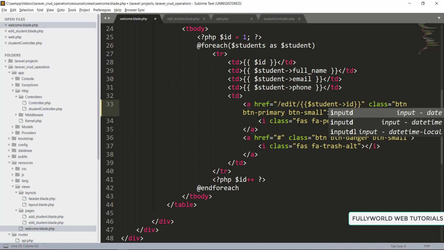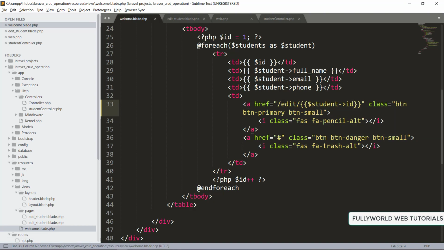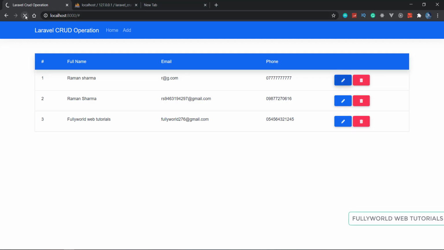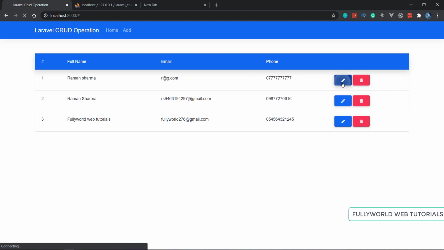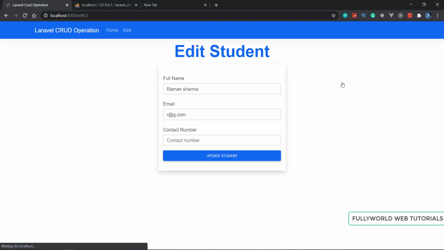Here we are going to use interpolation. Now when I reload this and click here, see that we are getting our added student, and we are getting our data here.